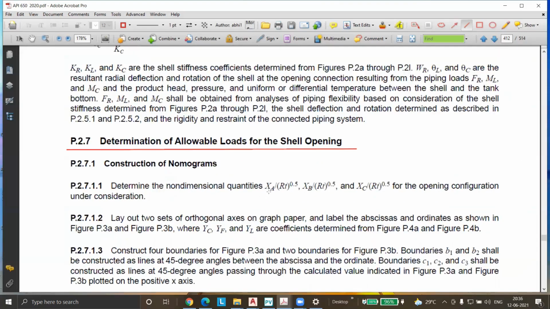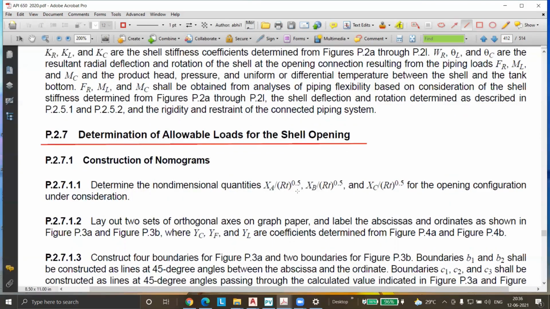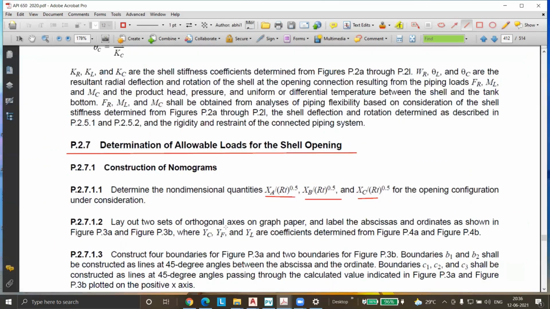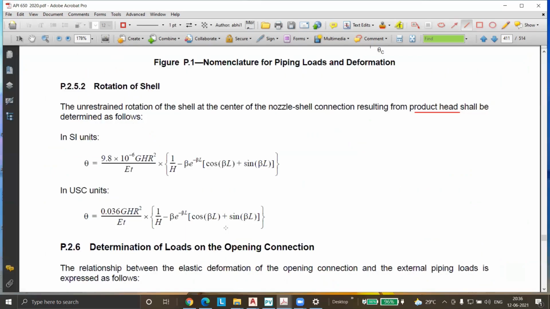Okay, so first we have to find out three non-dimensional quantities. What are these three non-dimensional quantities? First is XA divided by under root of RT. Now what is XA? XA, if you see here in the figure,